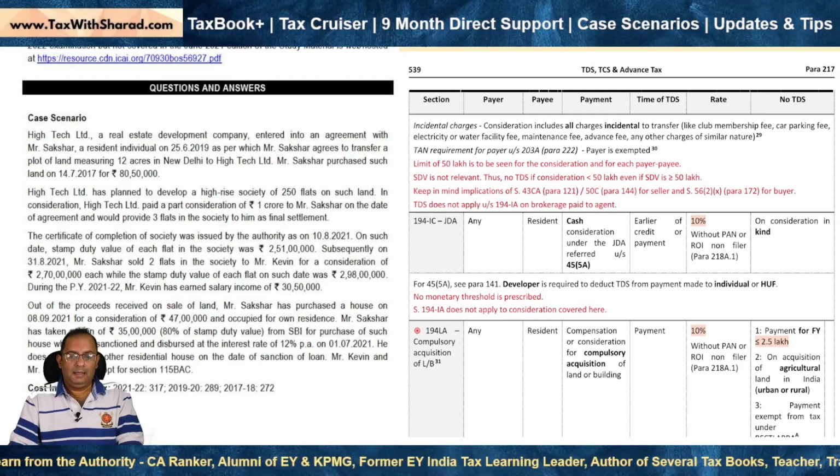As we know, ICAI has released a revision test paper or RTP for November 2022 exam. What we are going to cover in this video is to understand the full working of the solutions to the various MCQs given in the RTP for direct tax as well as for indirect tax. And the reason is, while the RTP contains the full working and the full solutions for the non-MCQs, for MCQs including case scenarios only the final answer is given. So sometimes it becomes challenging to understand the logic and reasoning why a particular answer has been arrived at.